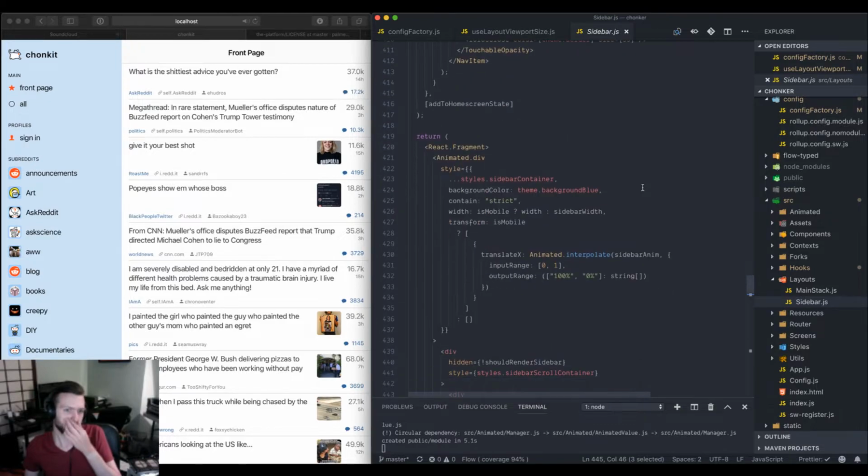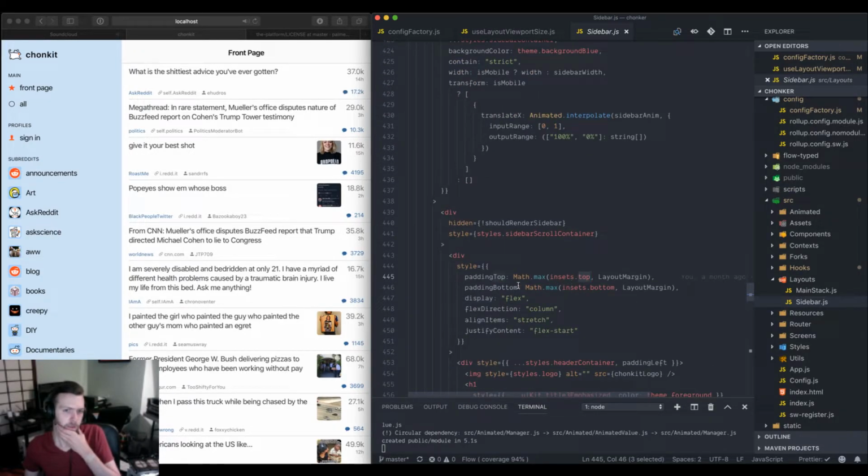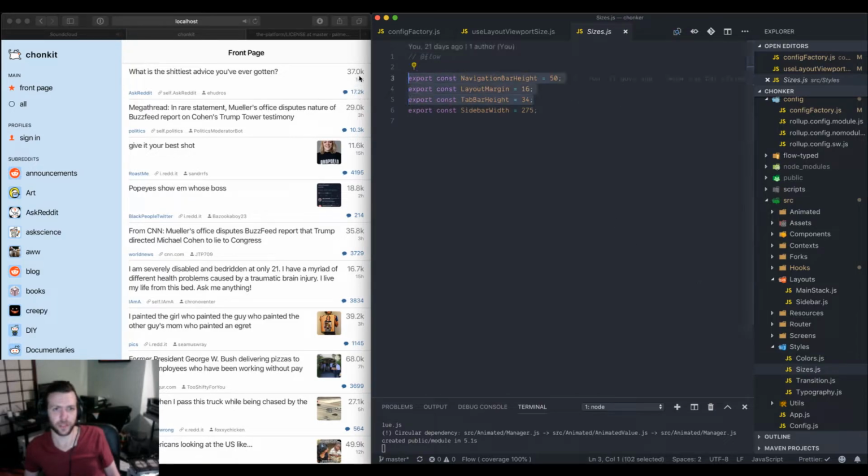And what this inline style expression is saying is, I have a layout margin, which is just a constant that's shared, 16 pixels,